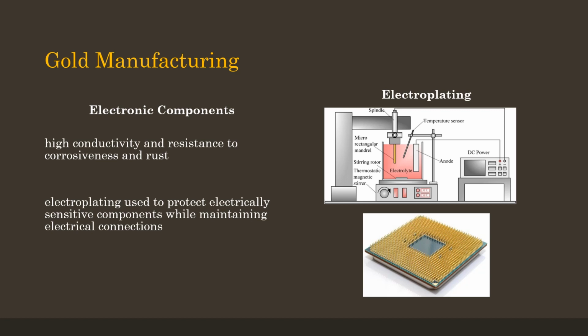CPUs utilize hundreds of small pins to connect to motherboards, and each pin is gold-plated for a secure connection and protection from electrical shorts. When electroplating gold to different components, careful preparation is necessary. The component is first cleaned of any manufacturing debris or dust and thoroughly polished. Sometimes additional stages of cleaning are required, such as electro or ultrasonic cleaning, to remove any oils or scratches on